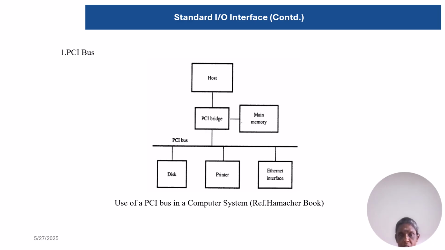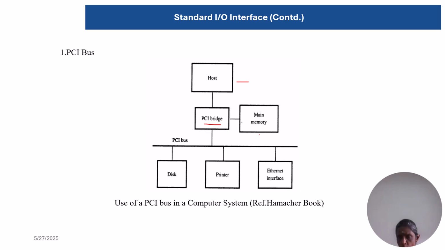So the structure is, first, one host. Host is nothing but a computer only, and it will be the starting computer. I think it may be called a master also. And then main memory. Those two are connected with the PCI bridge, through which the PCI bus is connected, and this PCI bus is used to give connection between the devices at the other end